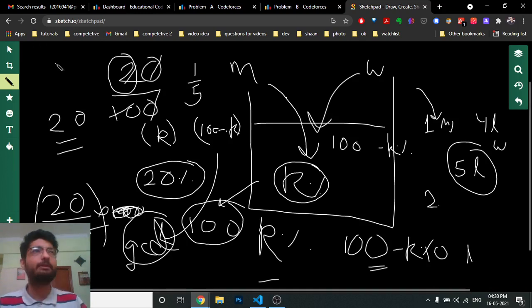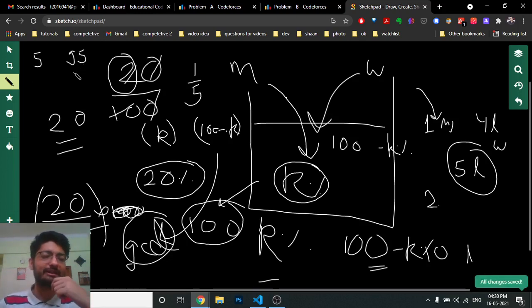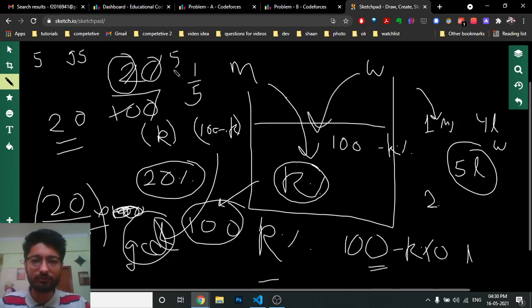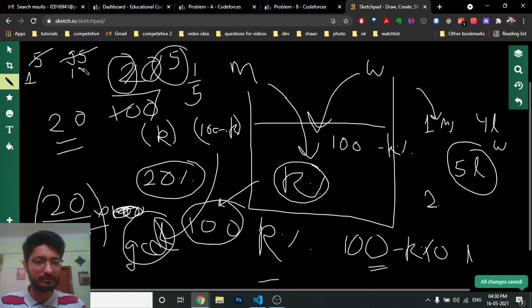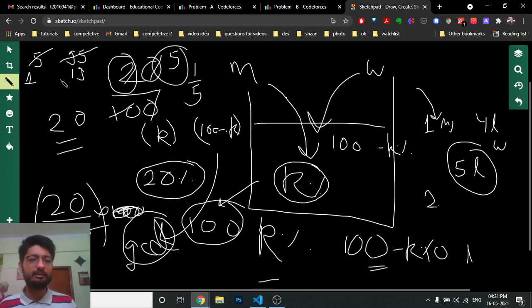I can tell you with an example. Let's assume magic essence is 5 and water is 95. The GCD of them is 5, obviously. Now divide both of them by 5, so it becomes 1 and 19. So now, if you put 1 liter of magic essence and 19 liters of water, it will give the same percentage as 5 liters of magic essence and 95 liters of water. I hope you get the point.